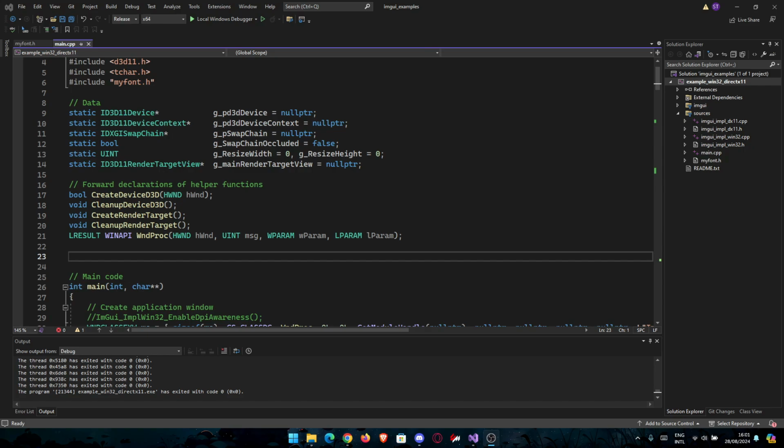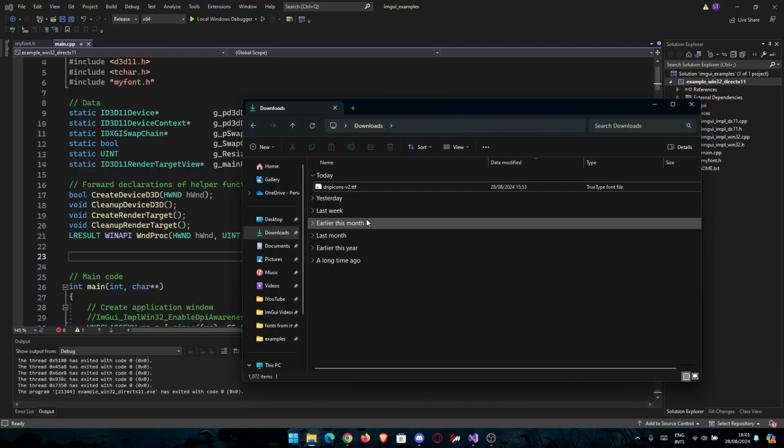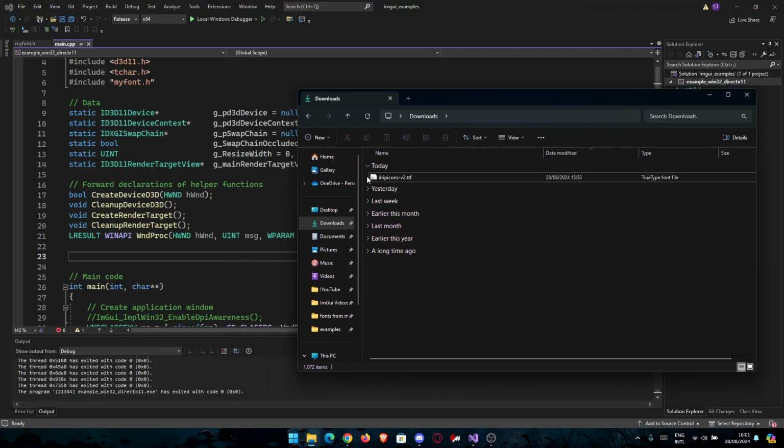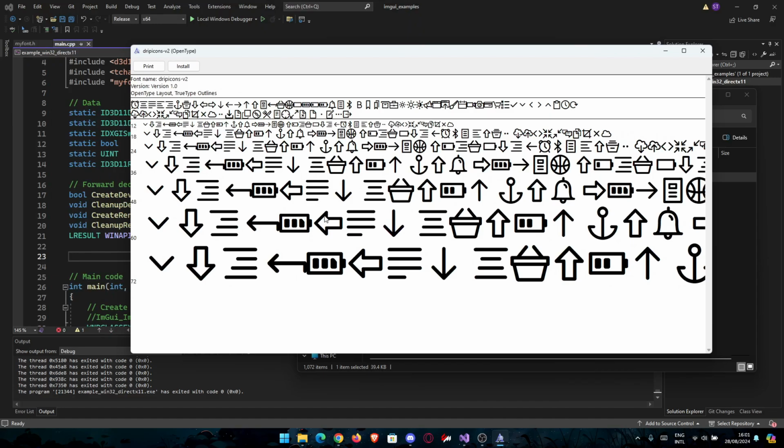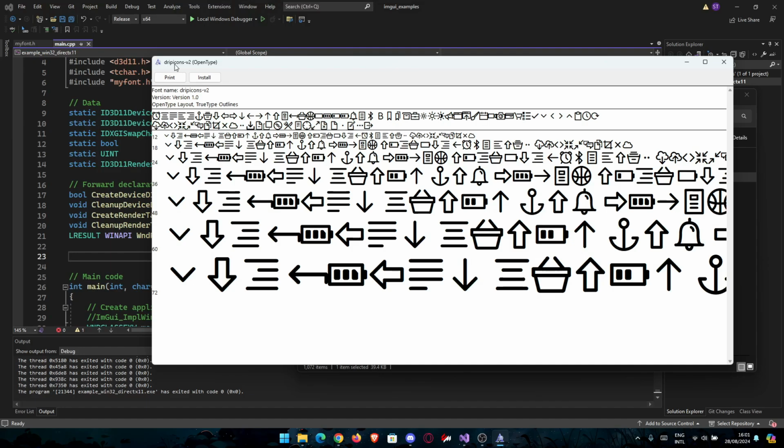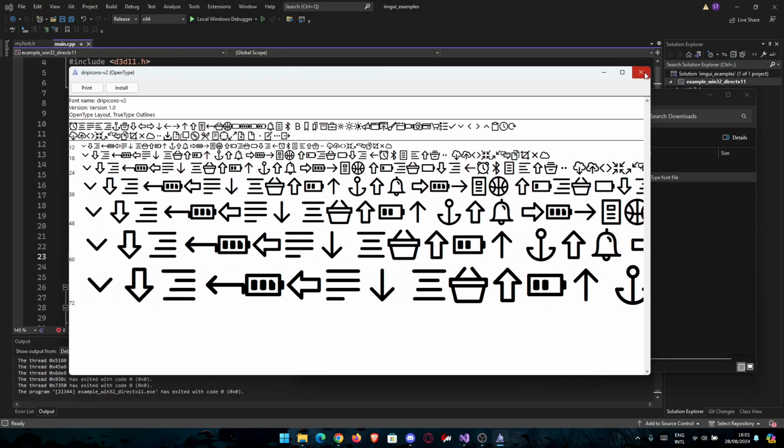The method we're gonna use today is by loading a custom font which includes icons. Now you can find many on the internet. I'm gonna just have one as an example, and I'm also gonna leave it to you in the description. This is how the font looks like, and as you can see, instead of letters and symbols, it only has icons which you can use. You can also make your own font and things like that. The font we're going to use today is Drippycons V2, and I'm going to leave it to you in the